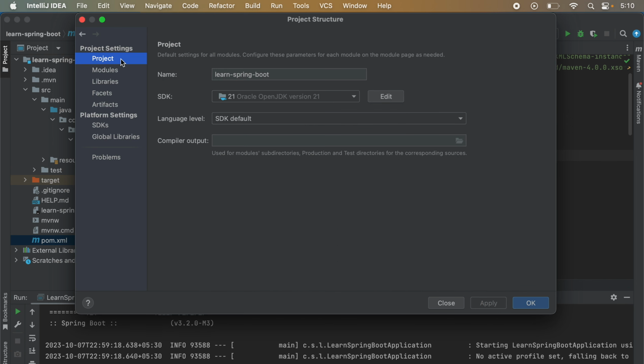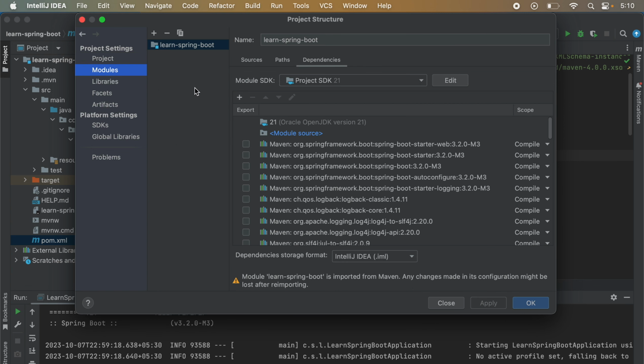So let's say I do not want to keep the same version for all the modules and I want to use a different version for some of the modules or one of the modules. Then in that case, for that particular module, I can choose any other Java version, let's say 17, which will not be related to the project SDK version which we have set in the Project option.